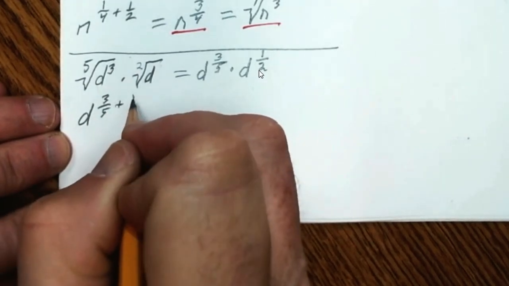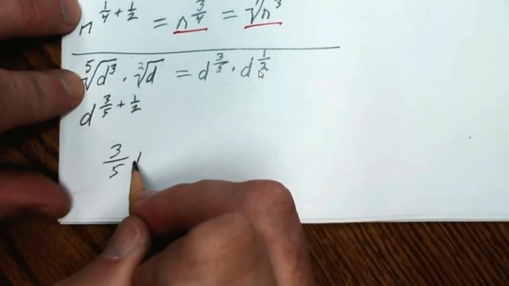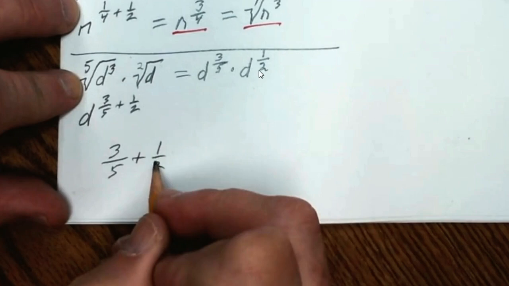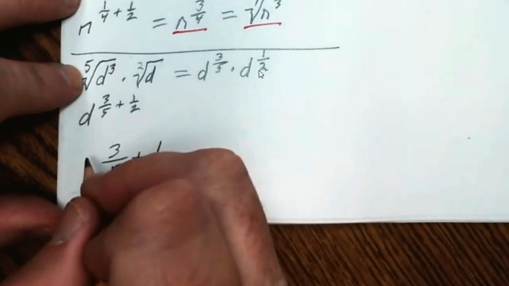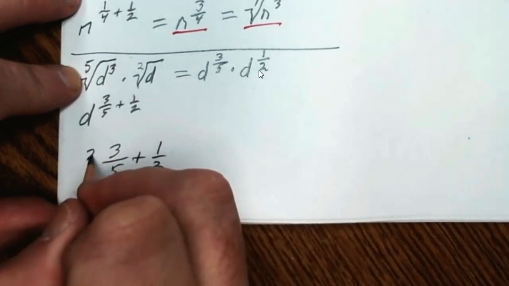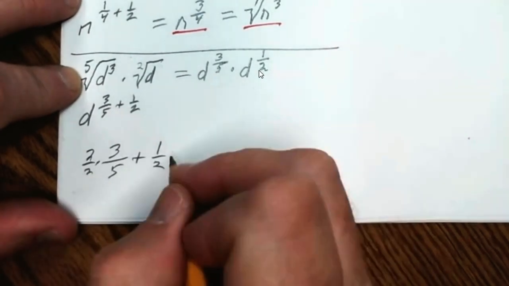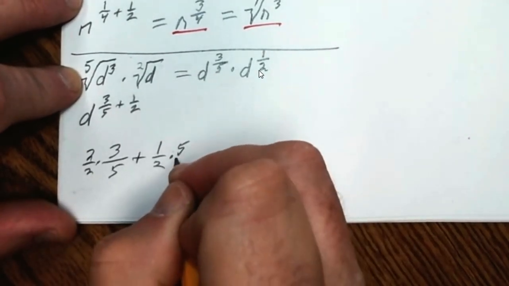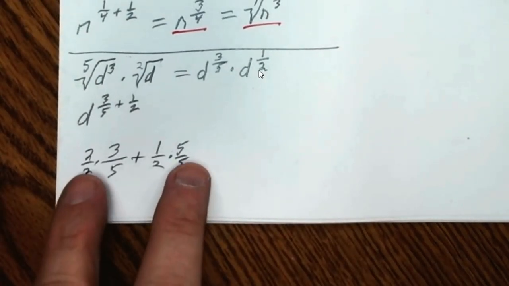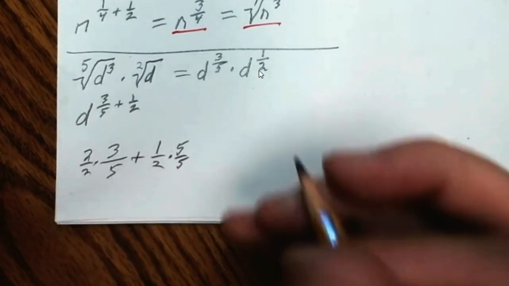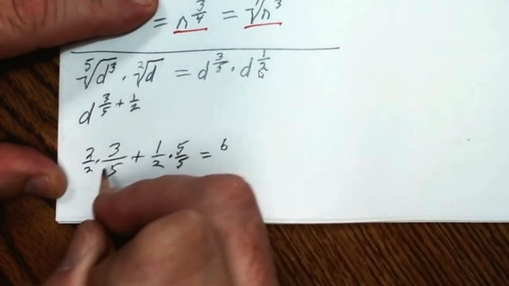3/5 plus 1/2. So we have to do that math to get a common denominator when we're adding fractions. We're going to have to change both of them because 2 does not go into 5. So we can multiply by 1 on both sides. This time we'll multiply that by 2 divided by 2. We'll use a different one over here, 5 divided by 5. So multiply it by 1 on both sides, which gives us 2 times 3. Remember, multiplying, we just go straight across. 2 times 5,